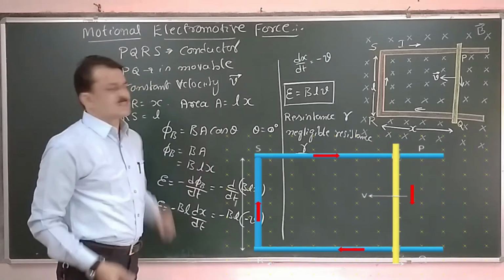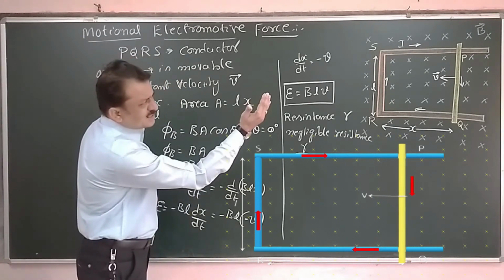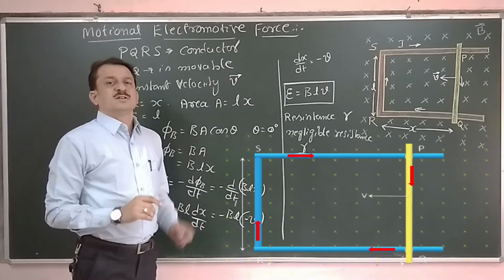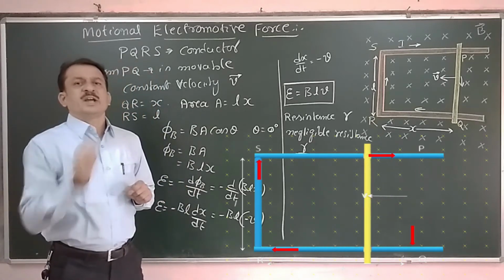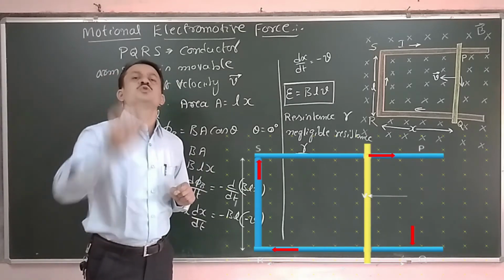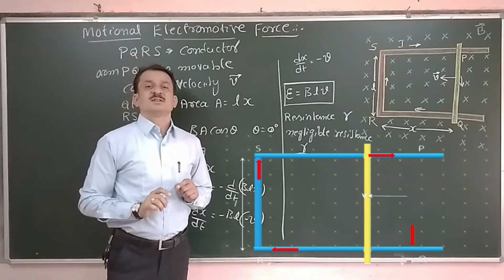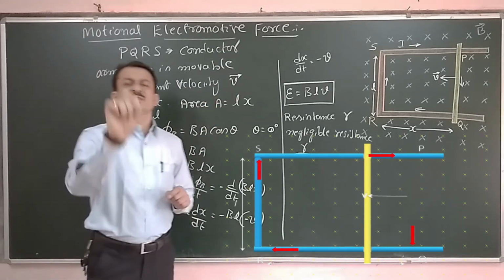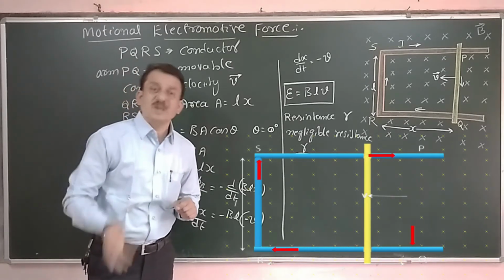Now that is explained once again by using Lenz's law. As the conductor is moving inwards, the field lines are decreasing. The induced EMF is such that it has to produce a current which opposes the change in flux. Since the flux is decreasing, the current should be such that it generates flux so that the flux is increased.